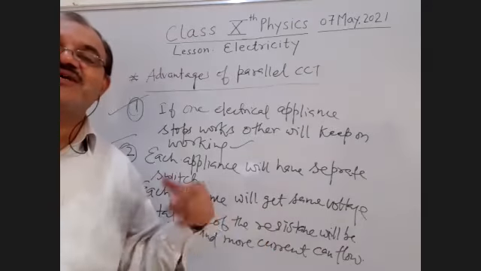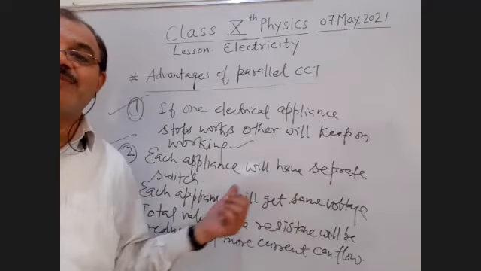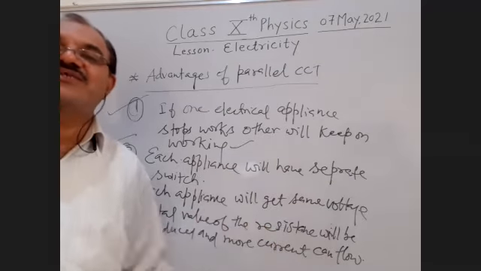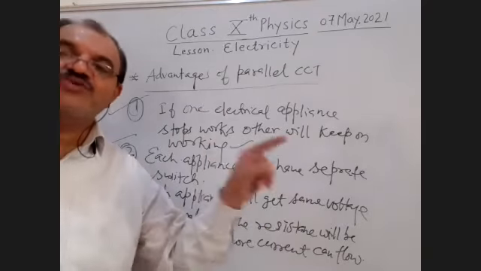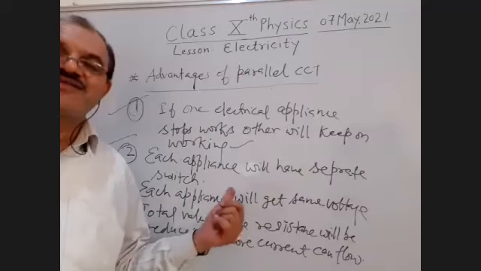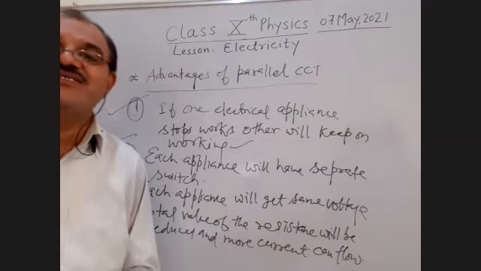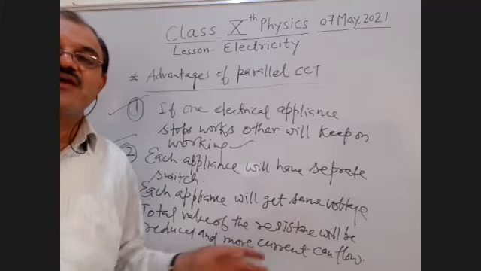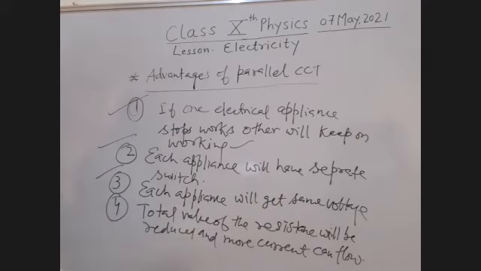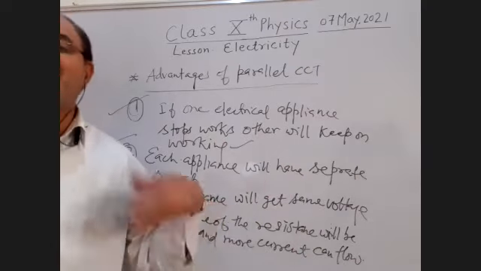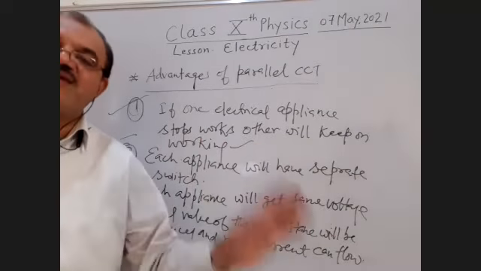The reason is that the next topic which I'm going to take after these NCERT questions is the heating effect of electric current, so it is related to that. What is the 5th point? The advantage of parallel circuits. Now student, it is correlated with the 4th point. When the resistances are connected in parallel, the net resistance will reduce and the value of current will increase. Is it clear, students?